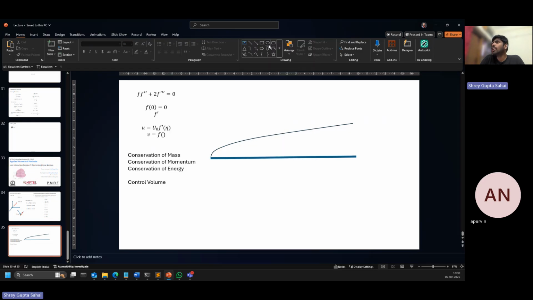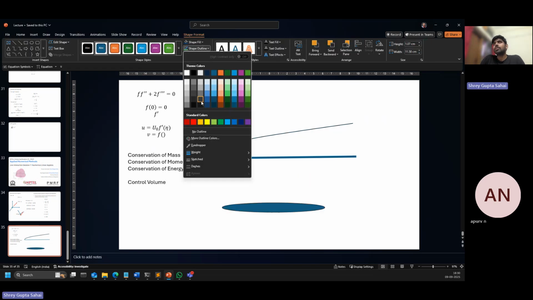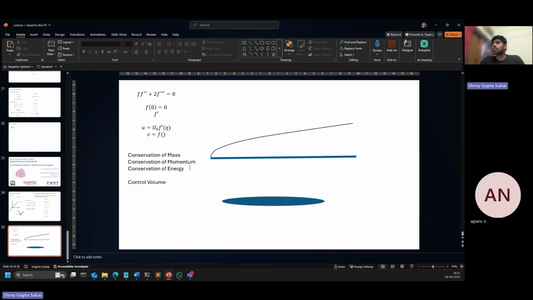Let my airfoil be an ellipse, definitely it is not an ellipse, but let the cross section of the wing be an ellipse, just for the convenience of me not drawing it. Now, suppose there is no heat transfer in the problem,